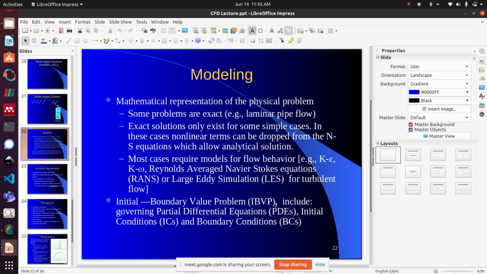That represents the actual flow problem. Will it give you exact solutions? Will it perfectly simulate the actual engineering problem? No. But is it enough for us to do analysis and design in engineering? Usually yes. So that's the purpose of modeling: coming up with equations, PDEs, initial conditions and boundary conditions.